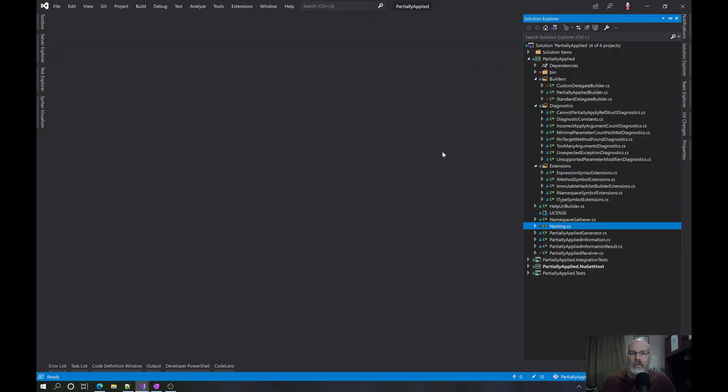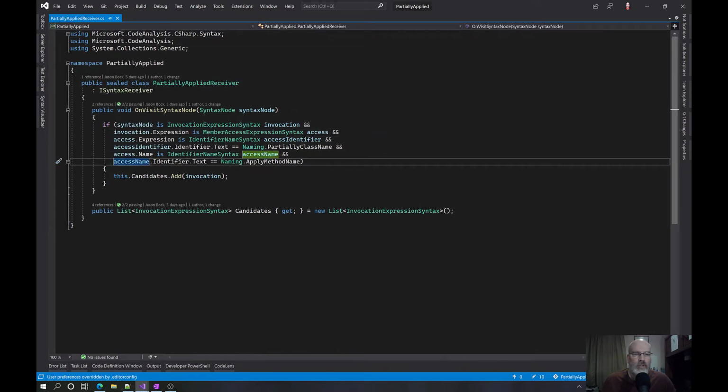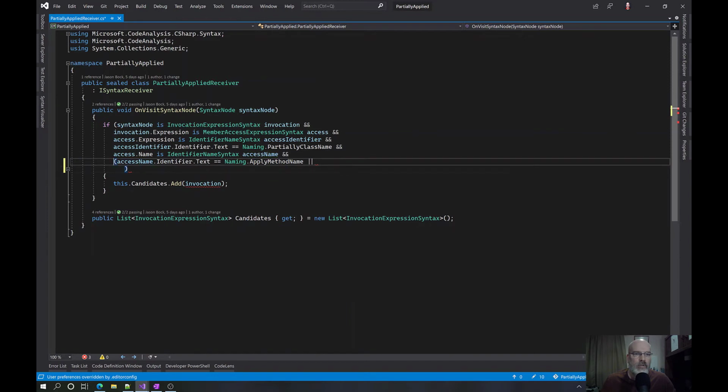Okay, now we have to go into the receiver and say access name identifier text equals naming dot apply with ref, or